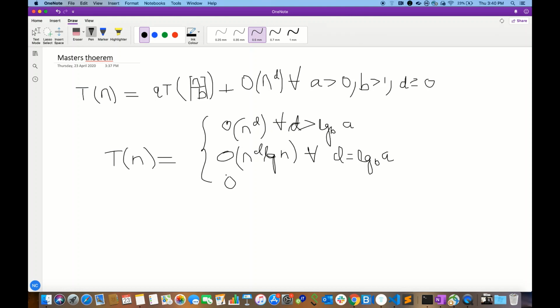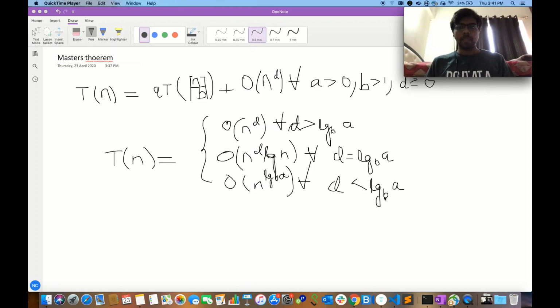So the formula in that situation derived would be n to the power log of a with base b, such that d is less than log of a with base b. So this is the general format of